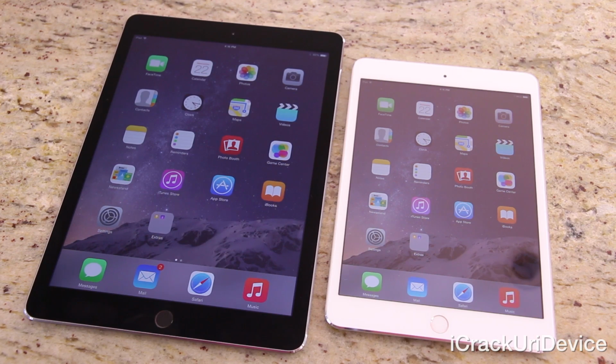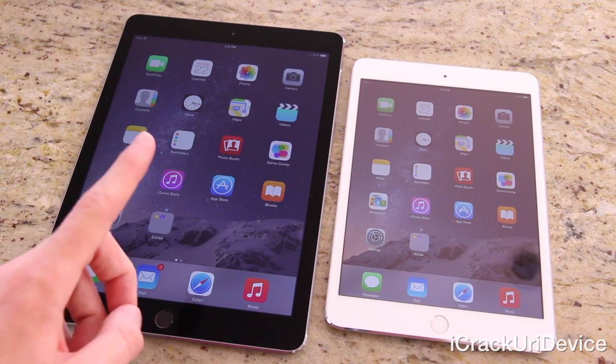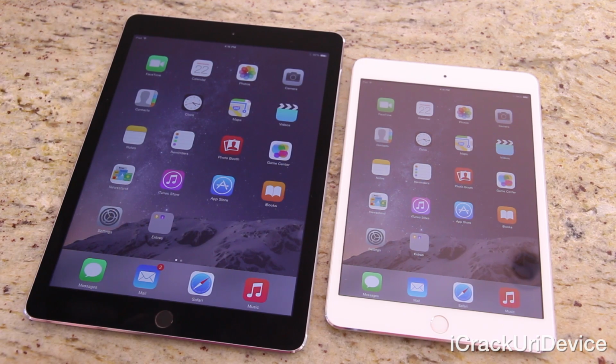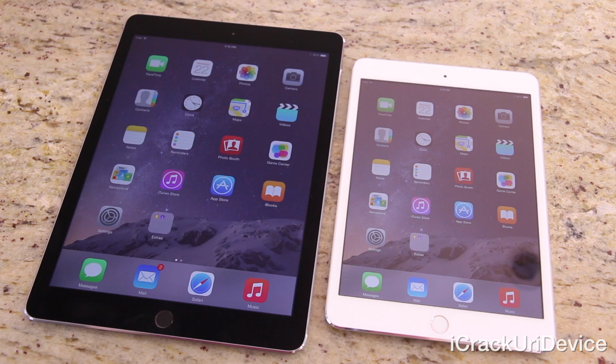All right, so kind of wrapping up here, and actually what I just noticed when looking through the viewfinder of my camera is that this is a more accurate representation of the difference in the display quality on the iPad Air 2 versus the Mini 3. And part of that could also be attributed to the fact that the display itself features an anti-reflective coating. It's custom made by Apple, and it's supposed to reduce glare by up to 56%. So that could be the situation in this instance with my studio lights set up on either side of these iPads. However, of course, the Air 2 does feature that laminated display with no air gaps between the actual body